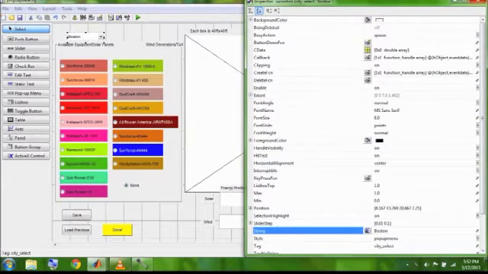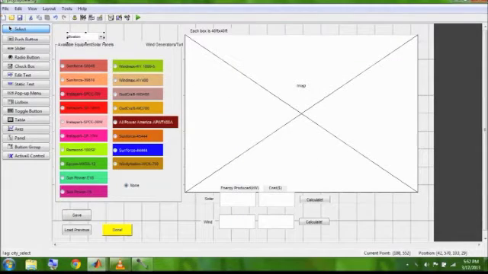Then we have our available equipment. We have our solar panels on the left and our wind generators on the right. We also have a save function and a load previous, a done button that signifies when the user is done with the GUI, and then 2 buttons that calculate the solar and wind energy and the cost of all of the materials. So when we run this,